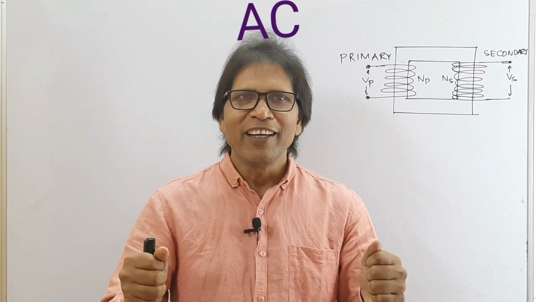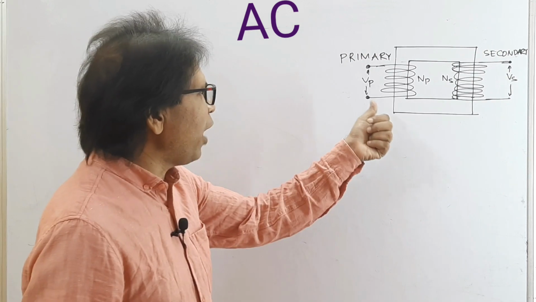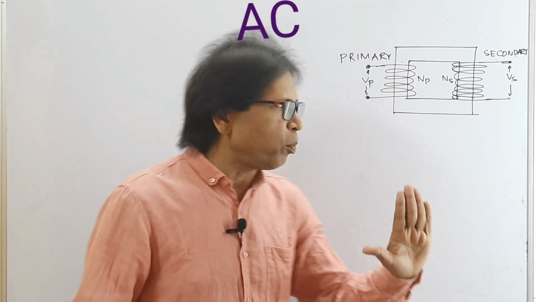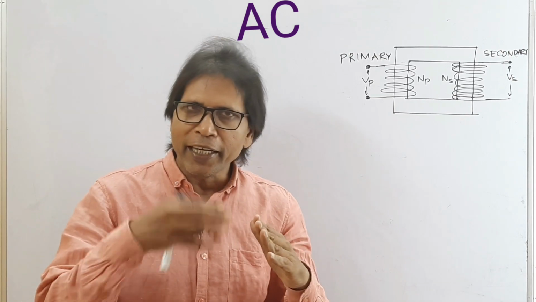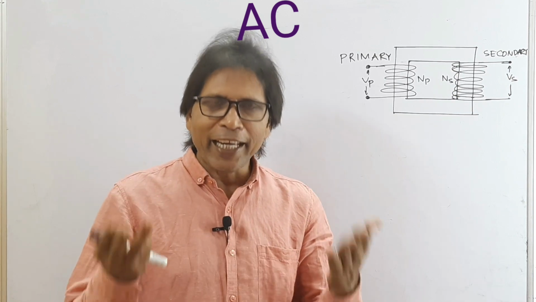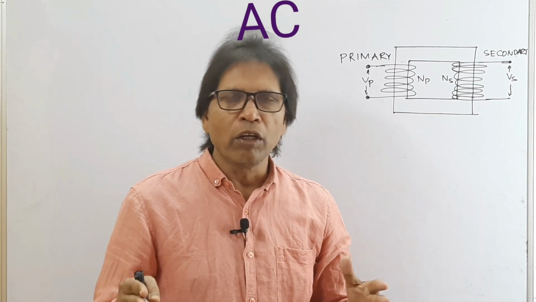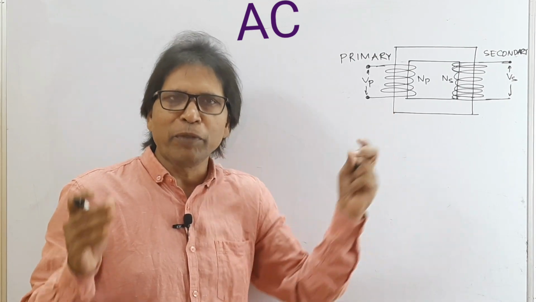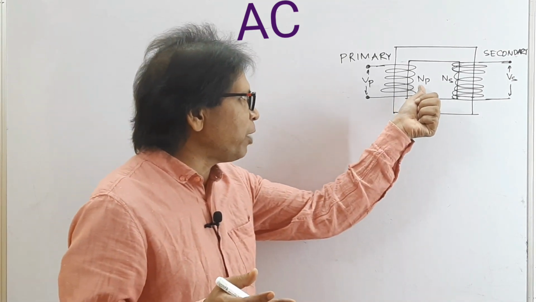Now the principle. The principle of a transformer is mutual induction. Now look at this, this is the primary and secondary coil of a transformer. These primary and secondary coils are wound on a laminated iron core. The laminated iron core reduces the eddy current in the iron core. This iron core is made of soft iron to minimize the hysteresis loss. Suppose an alternating voltage Vp is applied in the primary coil. The number of turns in it is Np.